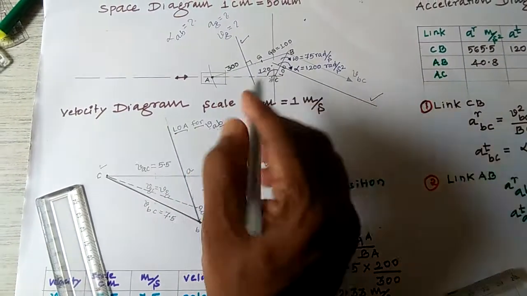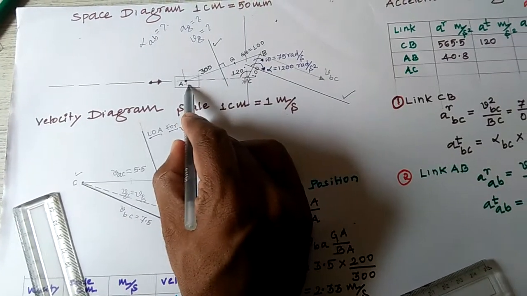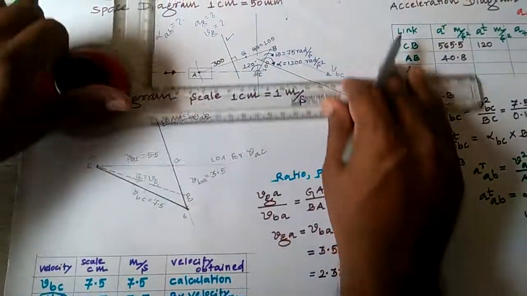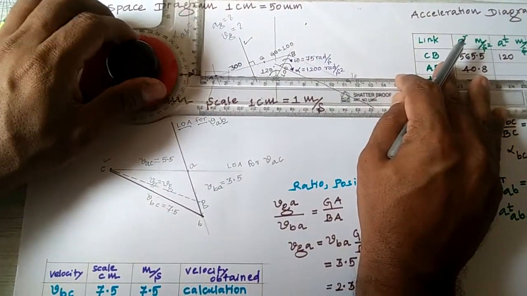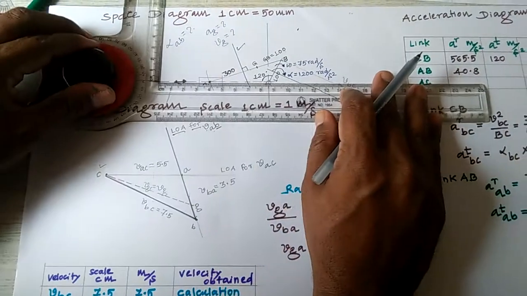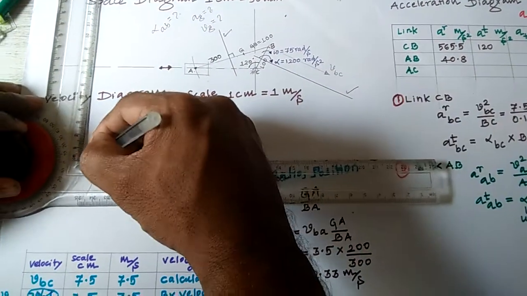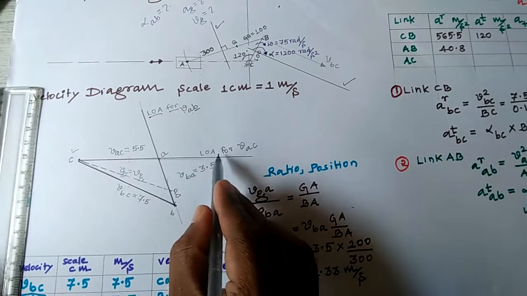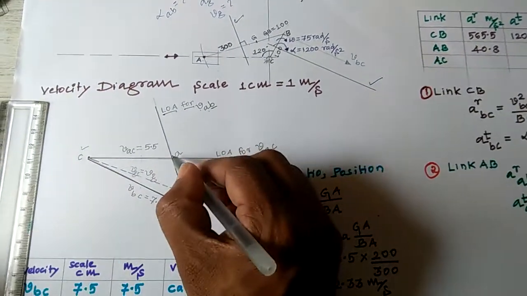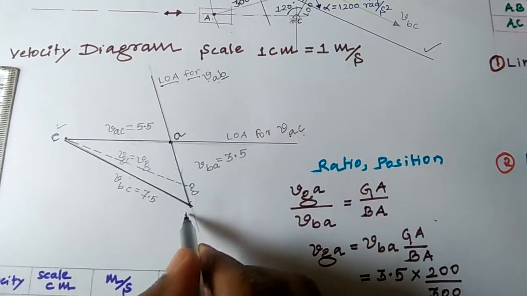Then at the same time, I will find the velocity of A with respect to C. That is a slider. The slider's direction of motion is horizontal. Once again, you have to take it in alignment with the horizontal slider motion. And here also this is line of action only. You have to make it in alignment and draw the line of action for the velocity of A with respect to C. Then you got a new point, you can write it as A. This is C. This is B.